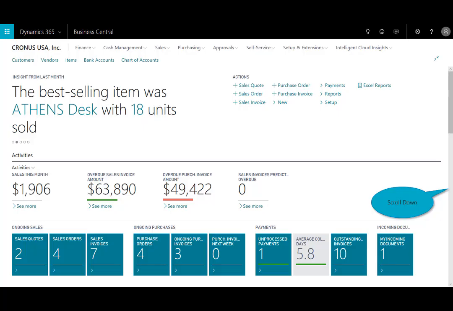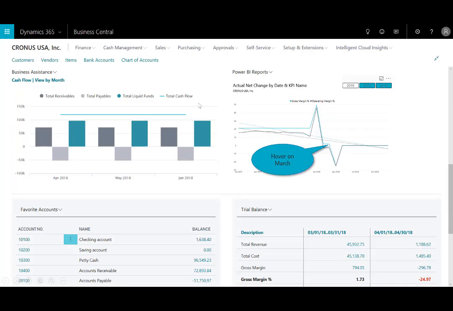So to begin with, I'm in the role-tailored homepage as the business manager role, which would be typical for most business owners. And you can see immediately the wealth of information, the key metrics: sales this month, overdue sales amount, the overdue purchase amount, any additional information I need here, my incoming documents, outstanding invoices. I can scroll down to see my cash flow, my favorite accounts if I needed a quick link into those, as well as an